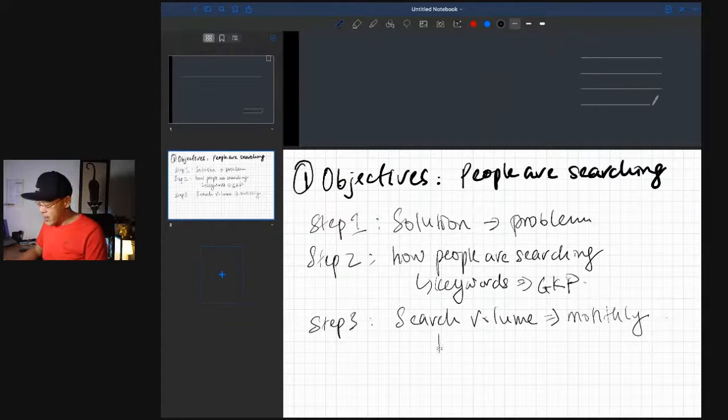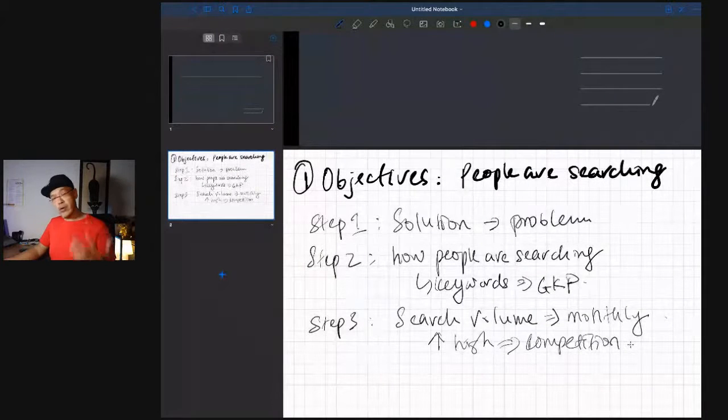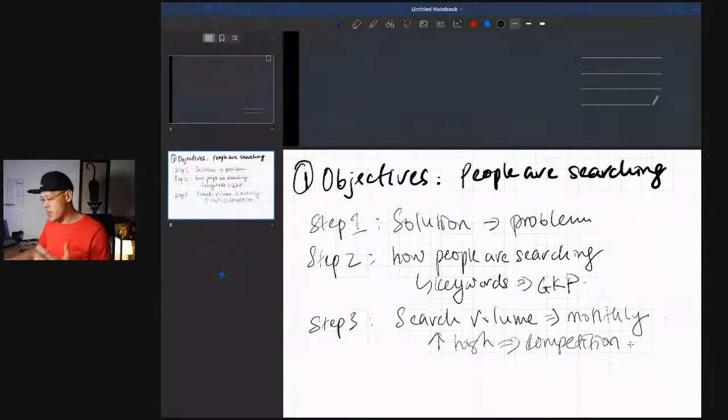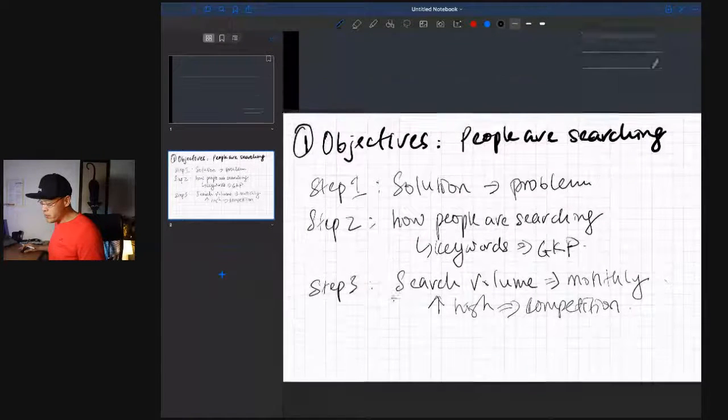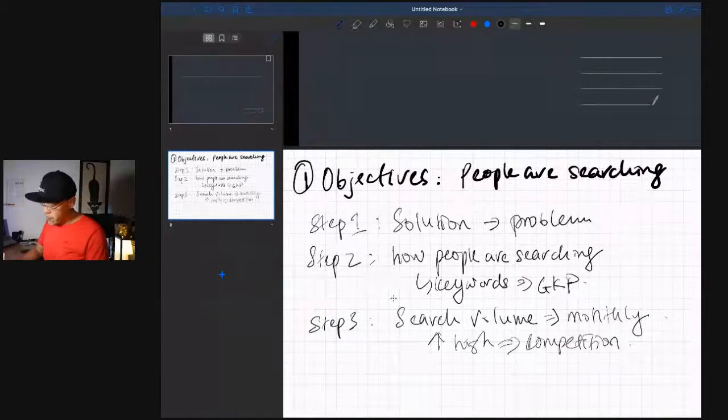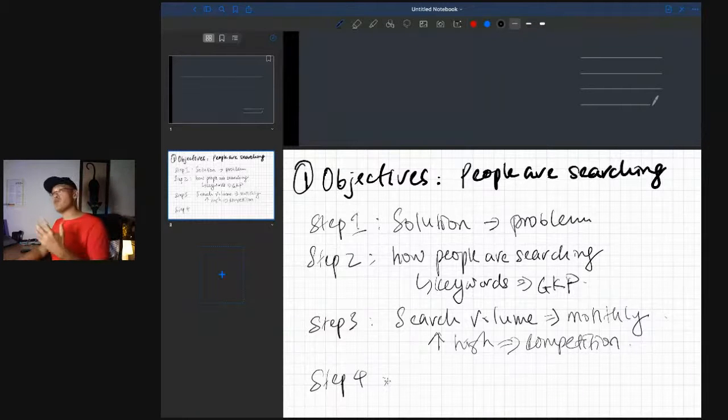Now, of course, the higher it is, the better it is. But the higher it is also means that there will likely be a lot more competition. And that's something that you would also want to determine, right? So step 3 is to find out the search volume on a monthly basis. And of course, the higher, the better. Now, once you are able to establish this, then step 4,